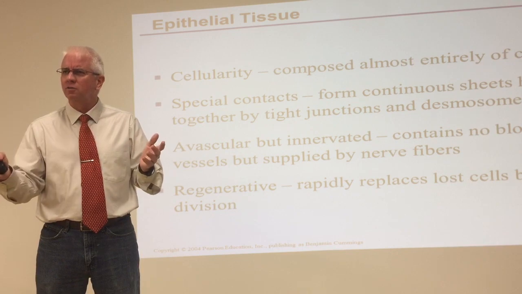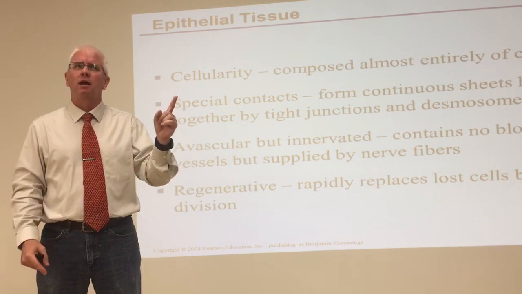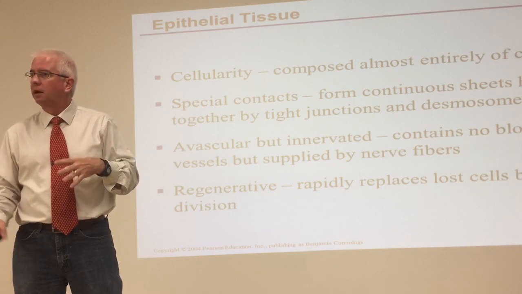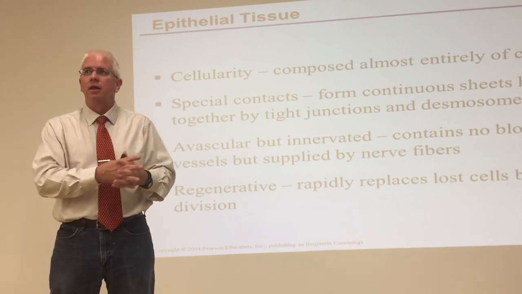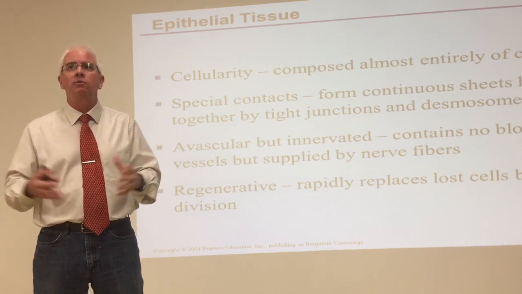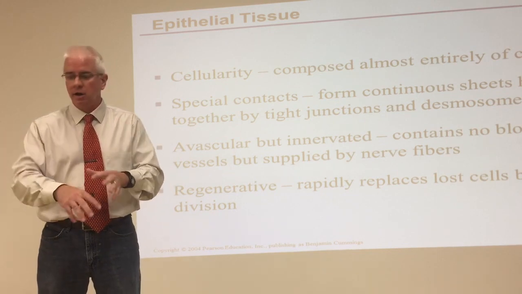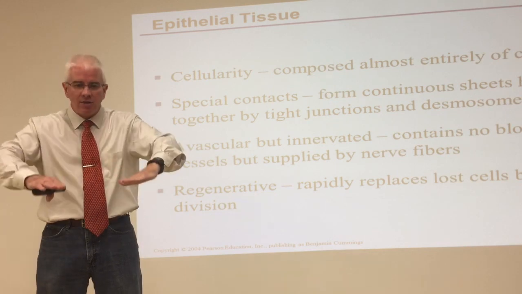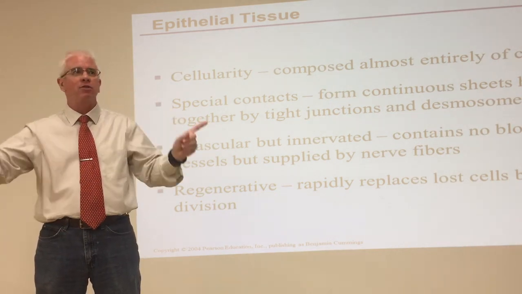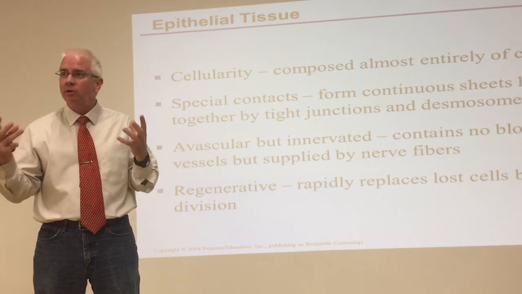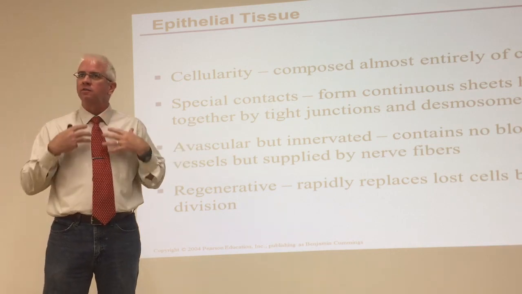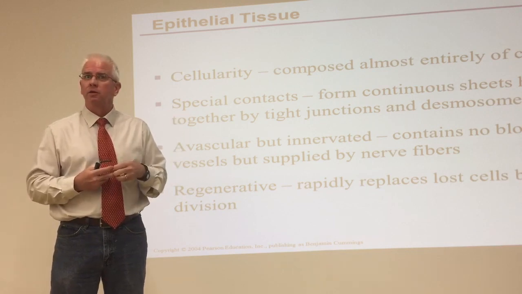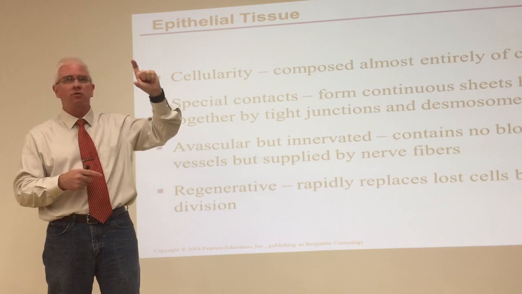You've learned some of this. What do I mean by stratified? Multiple layers. What do I mean by squamous? Flat. Multiple layers of flat cells. These are normally the most highly regenerative tissues in the body. Your skin is stratified squamous, and you replace the entire depth of the epidermis every 30 days. Highly regenerative. Now, you swallow something that goes into your stomach, the stomach lining is simple columnar. I have a picture of that coming up. So there's a major transition from this thick stratified squamous